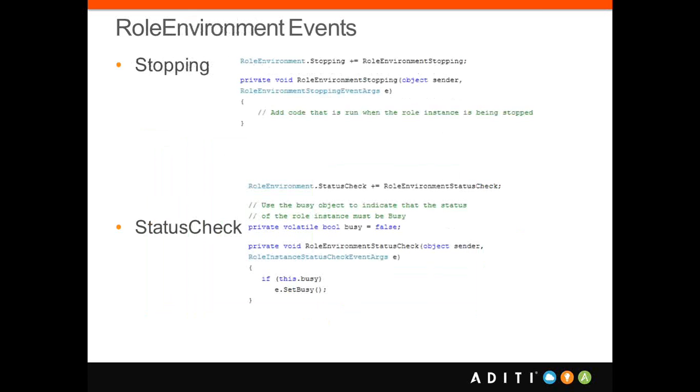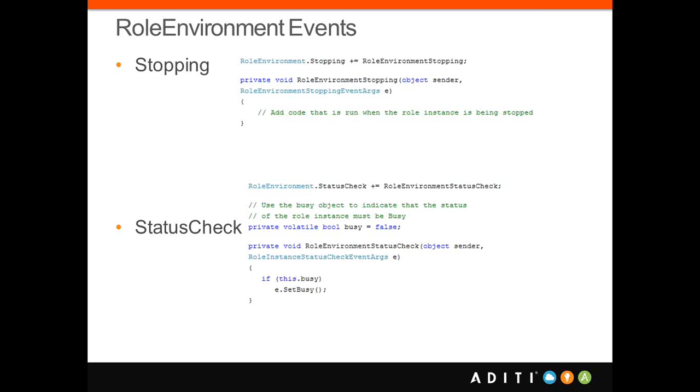Apart from looking at those methods, there are a few events which I want to specifically talk about, and just to make it short, I kept some code blocks here. Now, one event, stopping: how do you assign that event? Like using RoleEnvironment.Stopping. That is an event exposed by the role environment, and you can capture that event using this Stopping event. Whatever you want to do in graceful exit of your role instance stopped, you can write that code in here